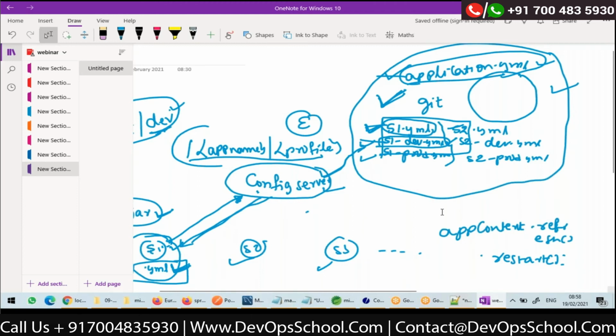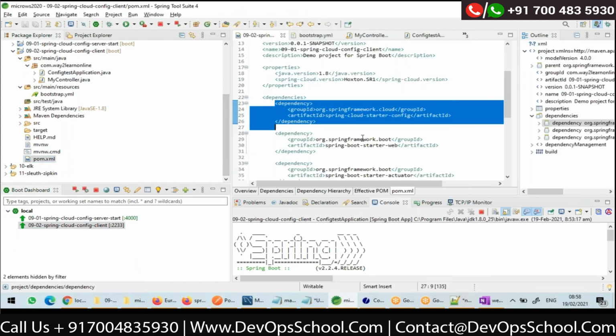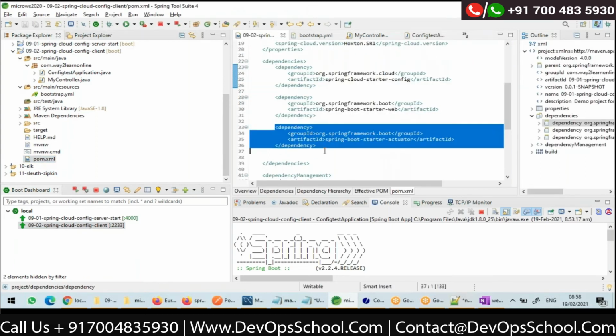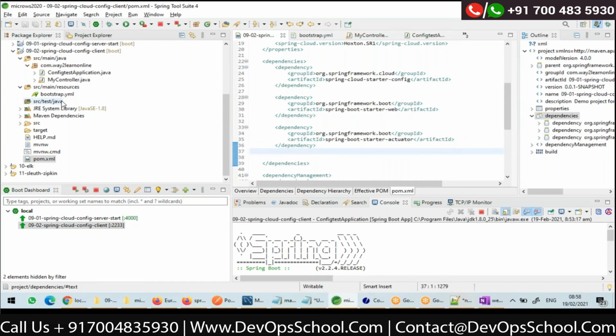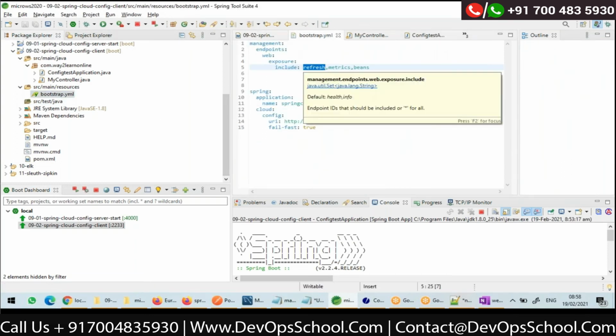Somehow I need to call application context dot refresh. Actually, in Spring Boot Actuator, there is one endpoint called as refresh endpoint. What all I need to do is in my microservice, I just need to add actuator as dependency, and I need to expose an endpoint called as refresh.